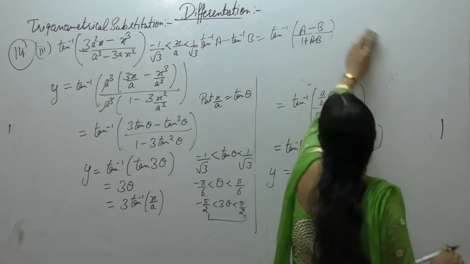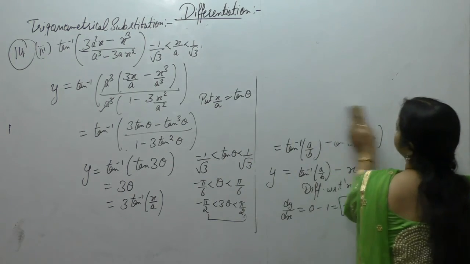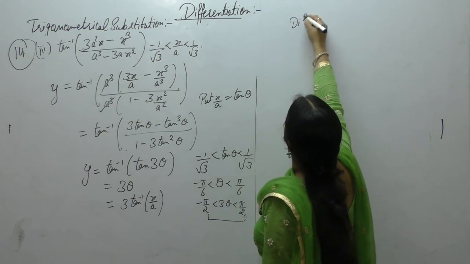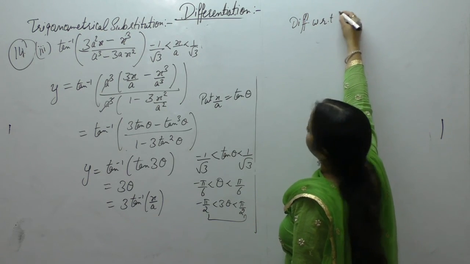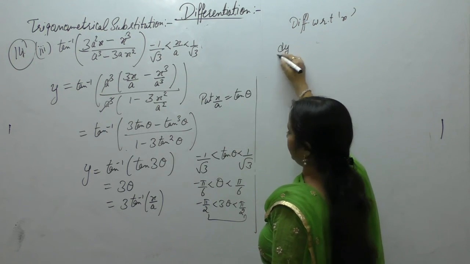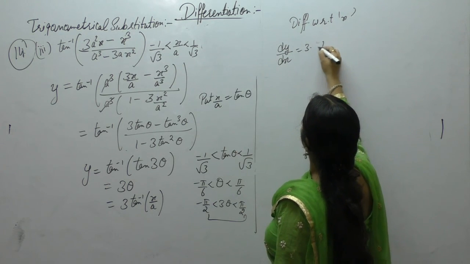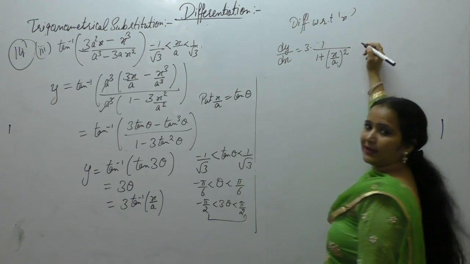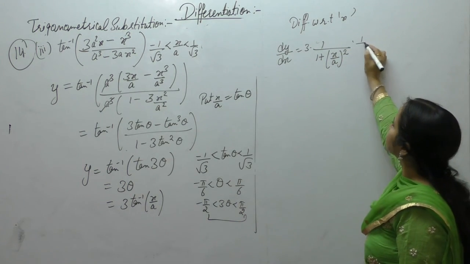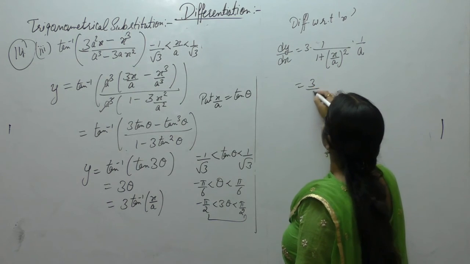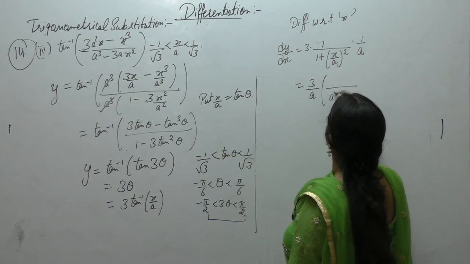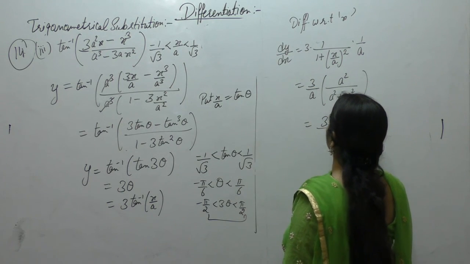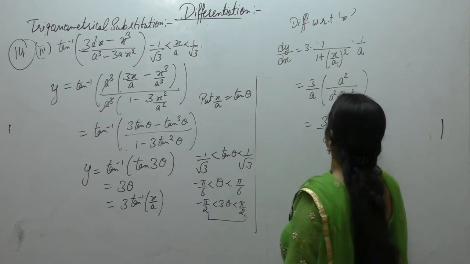Now differentiate it with respect to x. Differentiate with respect to x. dy upon dx, derivative of tan inverse, 1 upon 1 plus x square. X upon a is here. So derivative of x upon a is 1 upon a. So 3 upon a. Take LCM, a square plus x square. So we get 3a upon a square plus